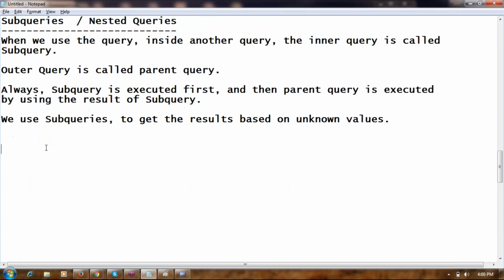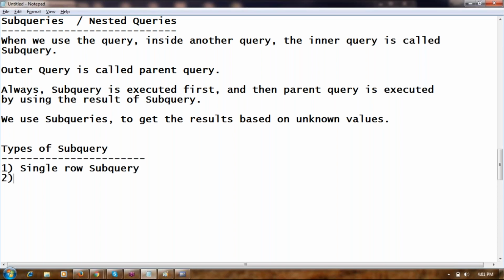To start with, there are different types of subqueries: single row subquery, multiple row subquery, correlated subquery, and inline view.